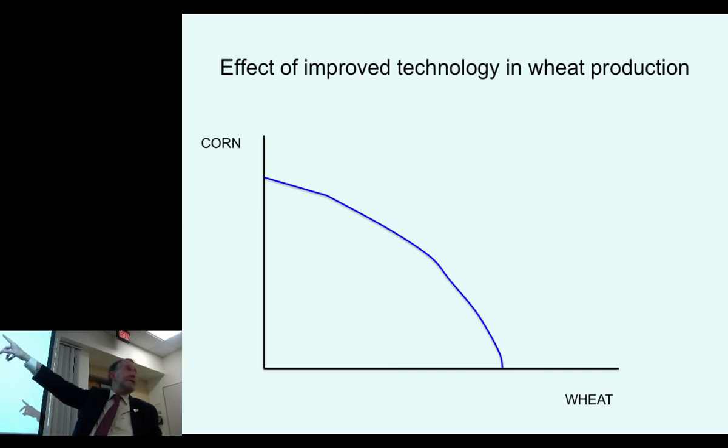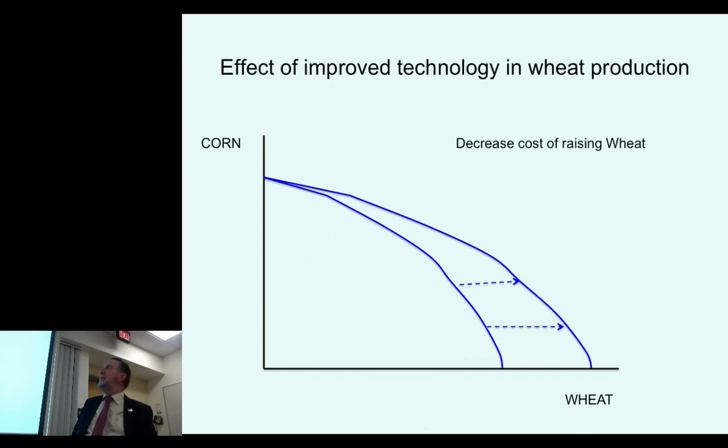Good. What about the intercept up there? No change because it doesn't affect corn. Excellent. Very good. So the curve would shift in this way. It would shift to show larger amounts of wheat for each amount of corn as a result of that. Now, if you ask the farmer, without any graphs or anything else, if you ask the farmer if you can